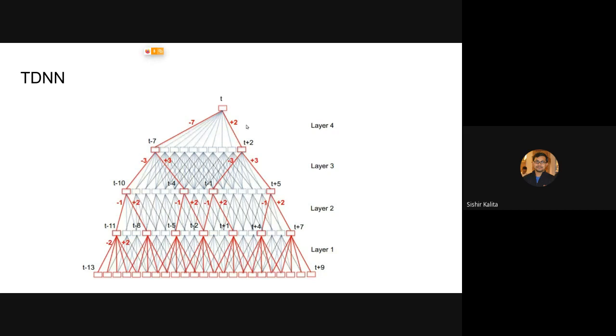I'll not discuss all the theory behind the TDNN architecture, but I'll just give a brief overview of what exactly it is. We can see here four layers: first layer, second layer, third layer, and fourth layer. This TDNN architecture was proposed long back, but at that time the computational power was not sufficient, and training of this TDNN network is very intensive. So then Dan Povey and the group who created Kaldi developed one idea by which we can train